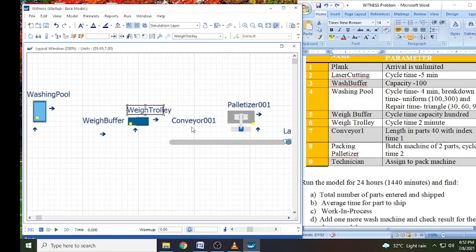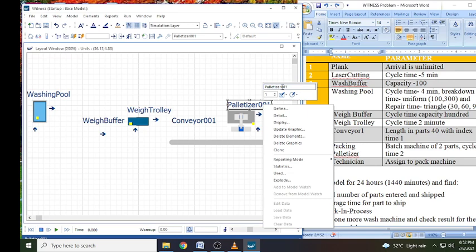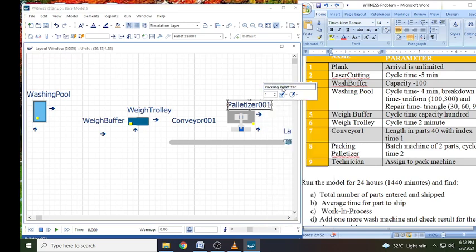And the conveyor can be kept like this only. Palletizer, we can rename it as packing palletizer. Right click, and labor can be renamed as technician. See, I'm typing here in this cell like this. Okay, fine. So we are done with the basic layout.